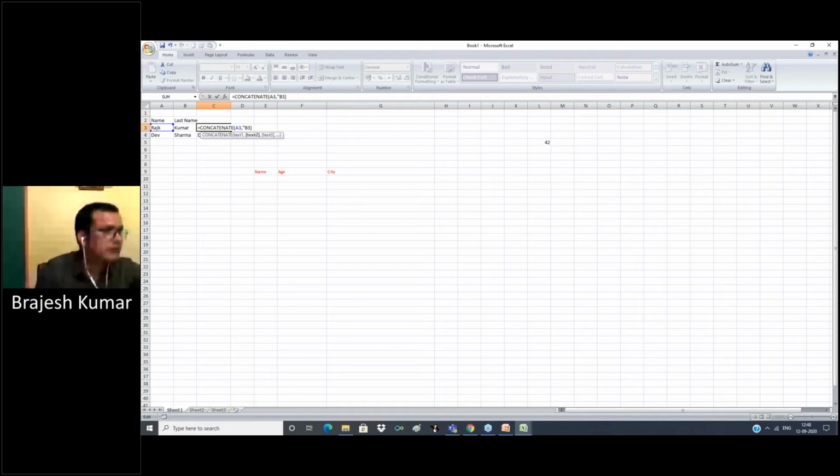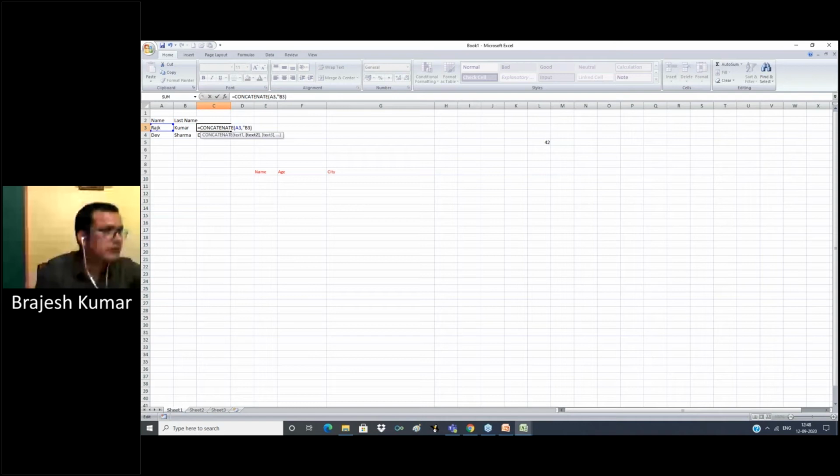Now we use uppercase, the UPPER function. Now you can see each and every letter in Rajkumar is in uppercase. Proper: sometimes Dev Sharma is written in small letters.